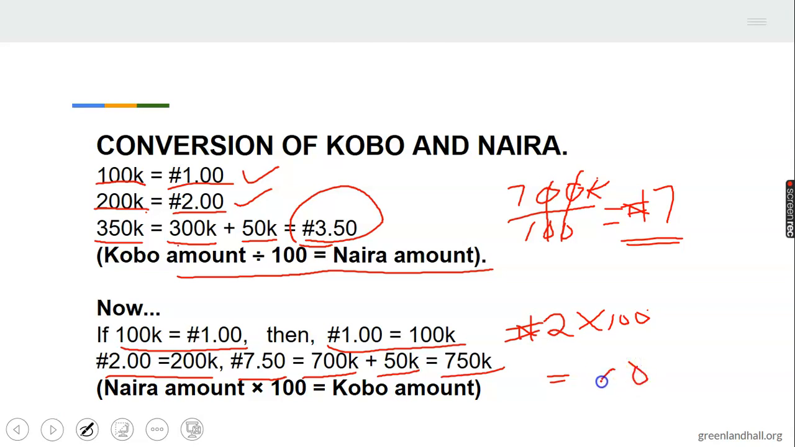2 times 0 again is 0. And 2 times 1 is 2. So we have our naira sign just in front there. Okay, so 2 times 100. 2 naira times 100 will give us 200